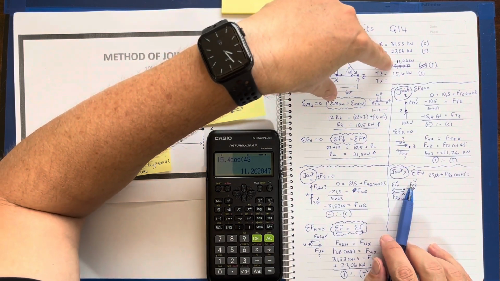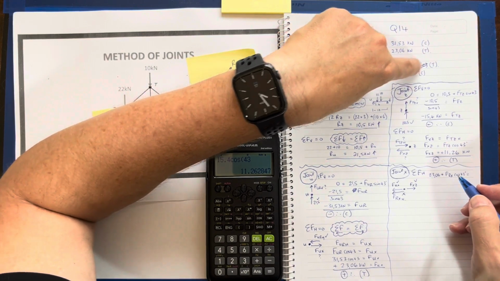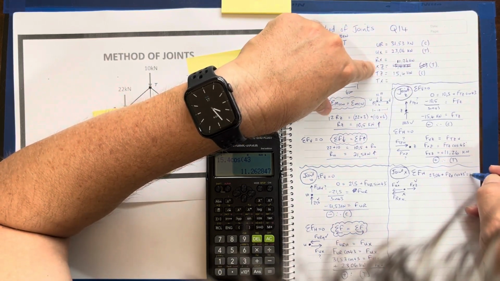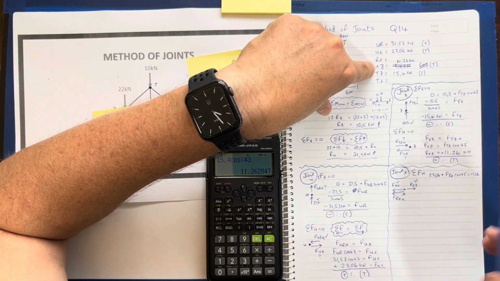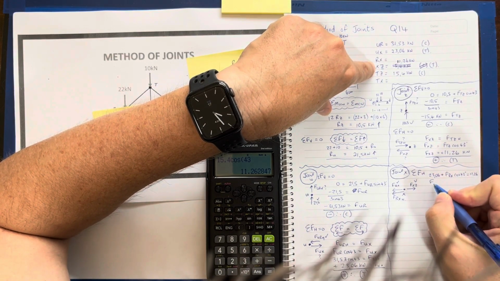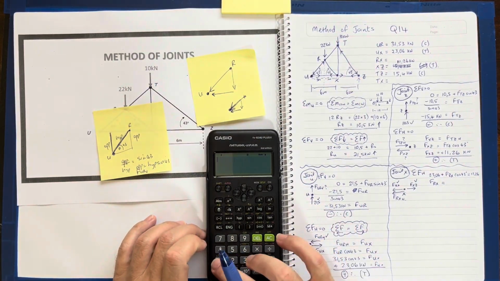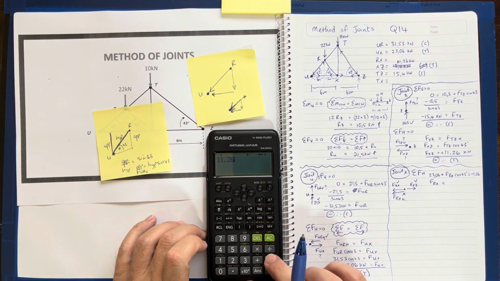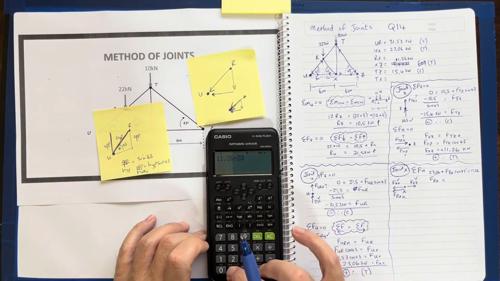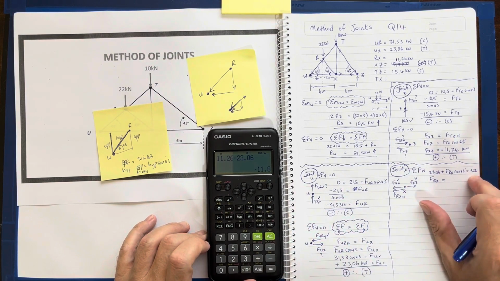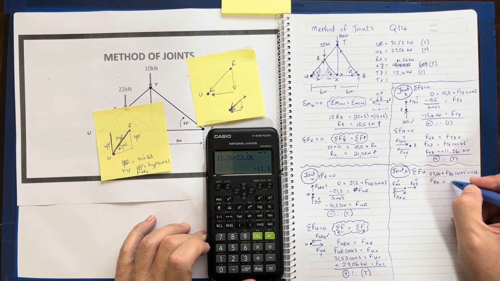XZ is, now that I've got it in the right place, 11.26, and that's it. So I go FRX equals, so it's going to be 11.26. This will go to the other side, it'll be subtracted, minus 23.06 equals